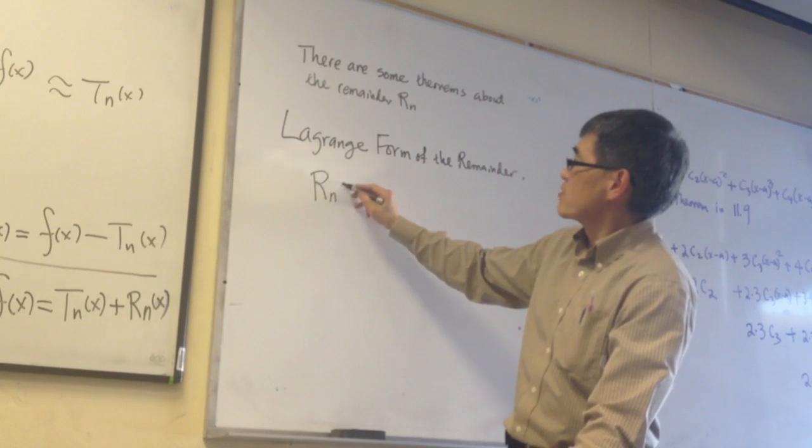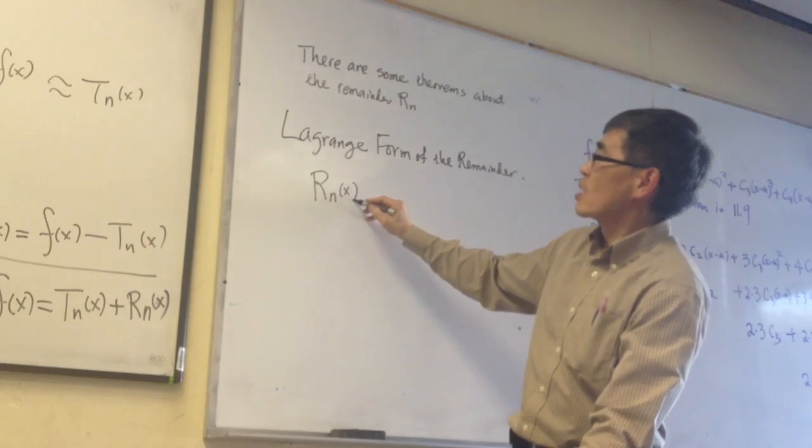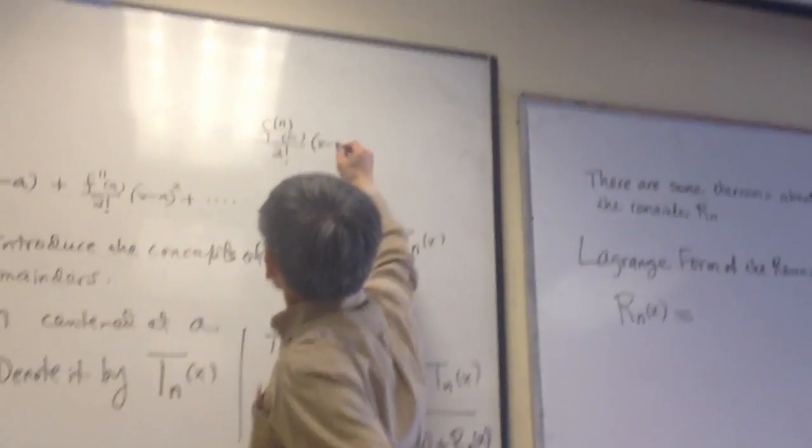Rn of x is equal to, and this is very peculiar. If I stop at the nth order term, and you start from the next term, that would be what? That would be this guy, is that right? n factorial. Right? That's a term